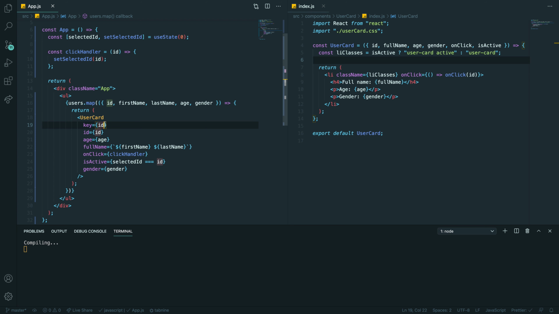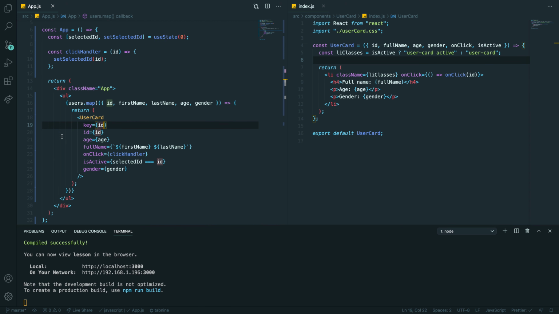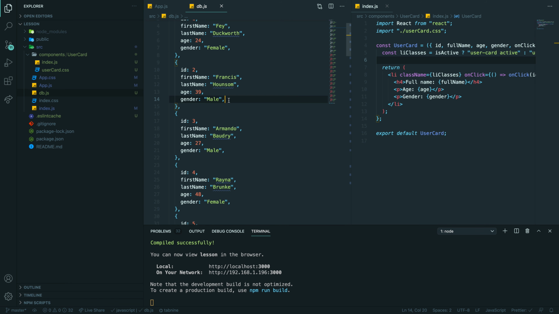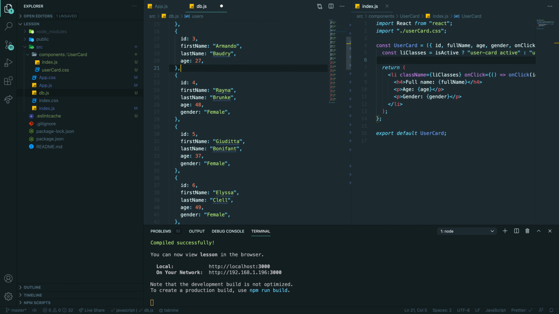Great. Oh yeah, I forgot to say. Yeah. So we have all genders, but imagine that in your database not all users have a gender. You have missing data.